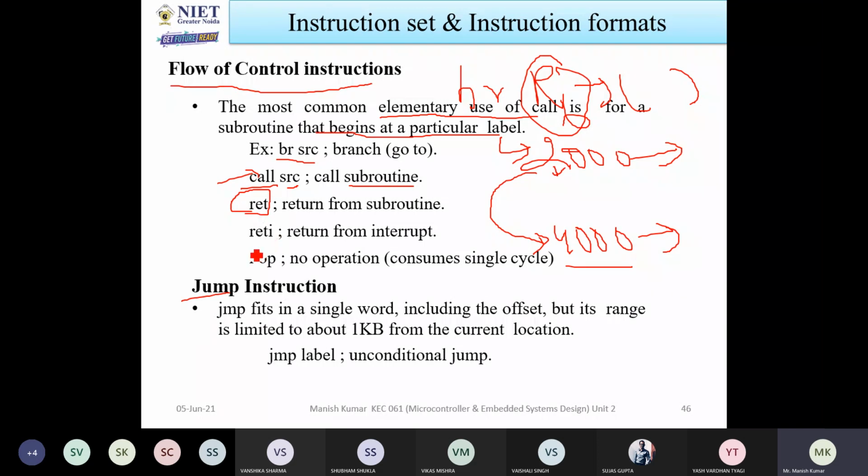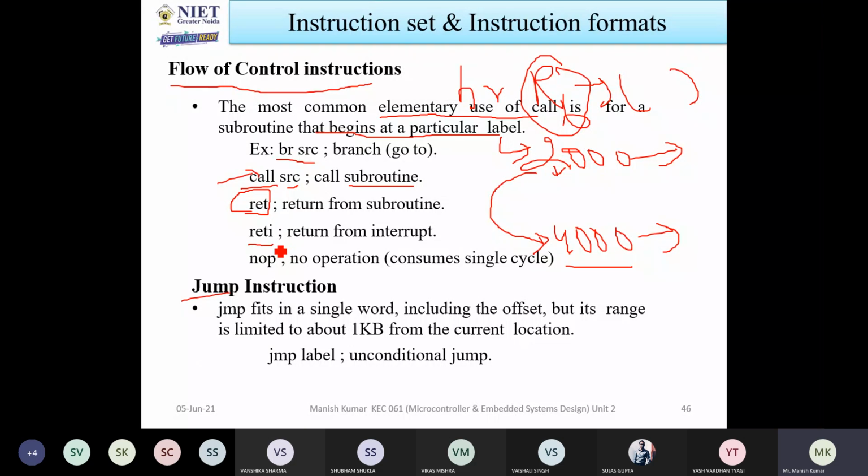And if you have written RETI, it means that subroutine is written for a particular interrupt. तो हम तो प्रोग्राम के लिए भी सबरूटीन लिख सकते हैं, इंटरप्ट के लिए भी सबरूटीन लिख सकते हैं. ठीक है, जैसे मान लो 10 इंटरप्ट हैं, 10 के लिए हम अलग अलग काम कराना है, तो उसके लिए हम 10 सबरूटीन अलग अलग लिख देंगे. जैसे जो इंटरप्ट आएगा उसके अकॉर्डिंग वो काम करना शुरू कर देगा.